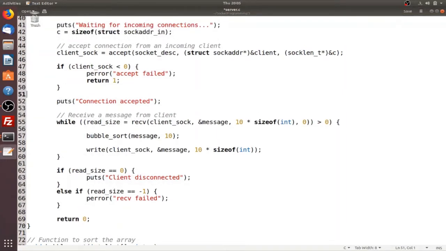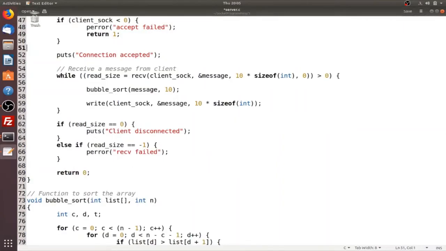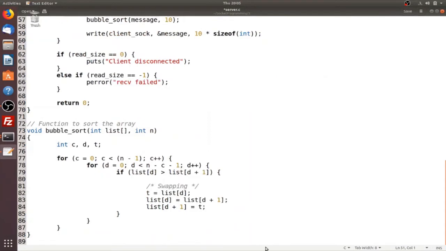And the value returned by the receive function would be stored in read_size, and then we would be calling the bubble sort function in line number 57, which has two parameters. So once the bubble function has been called, we would be going to line number 73, and from line number 73 to line number 88, it's the usual bubble sort algorithm which we use anytime to